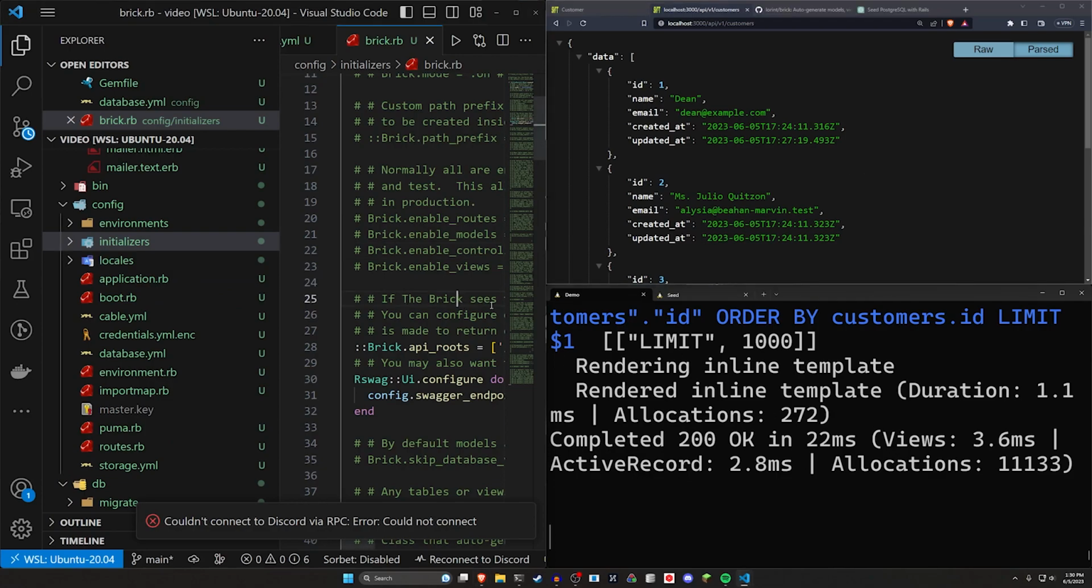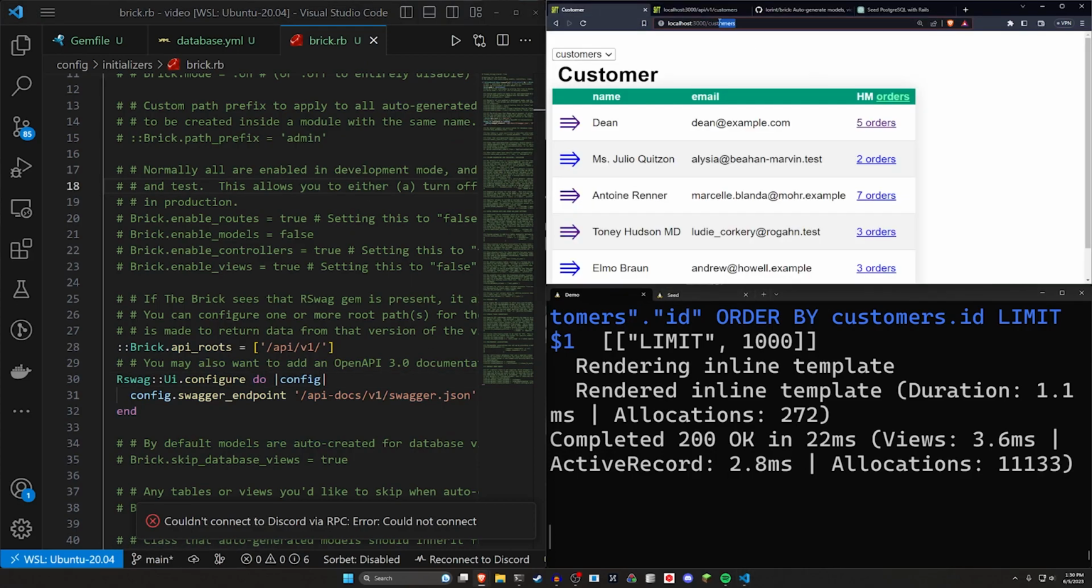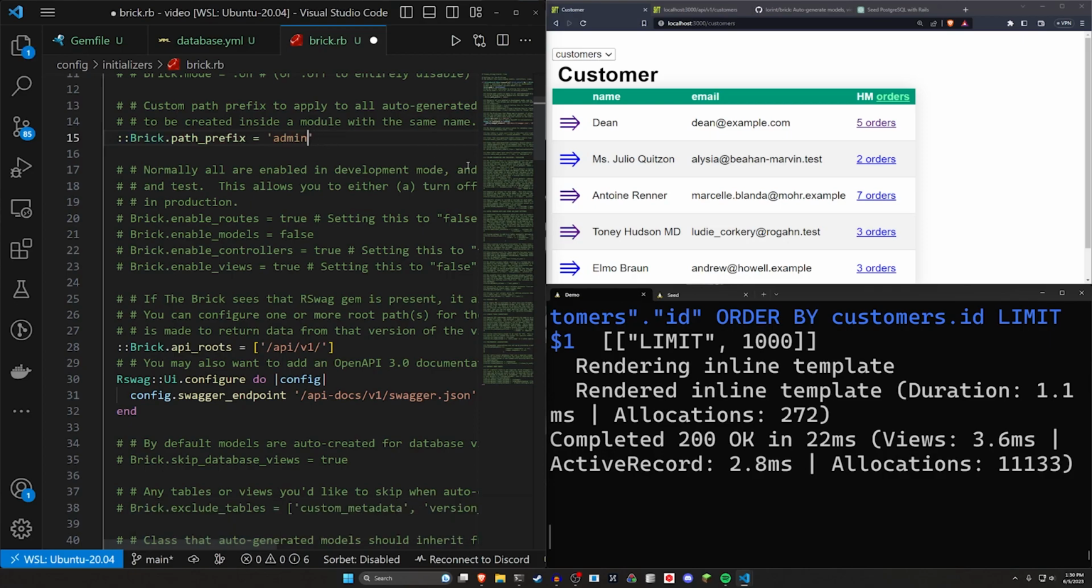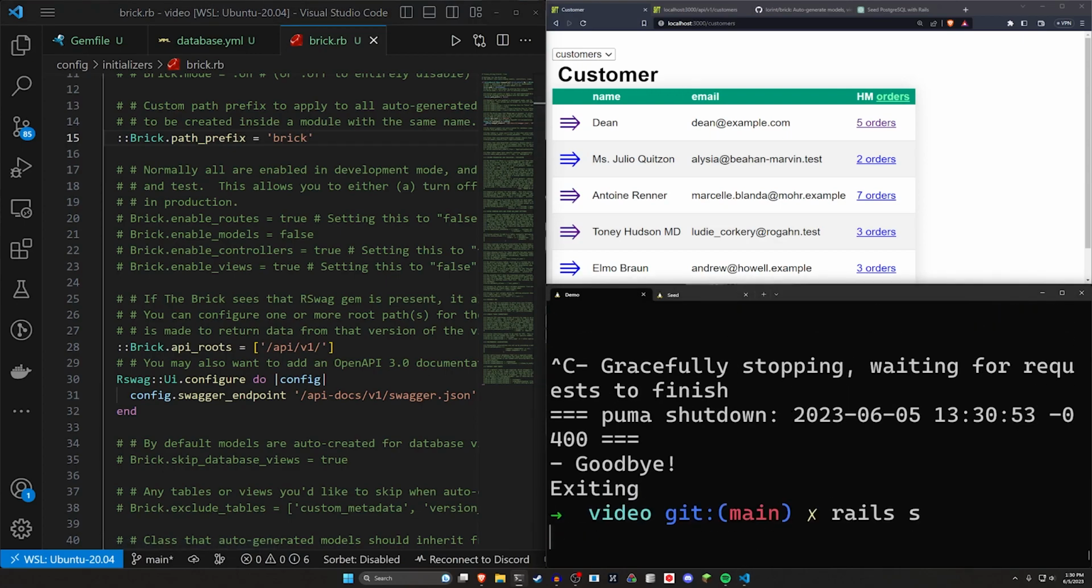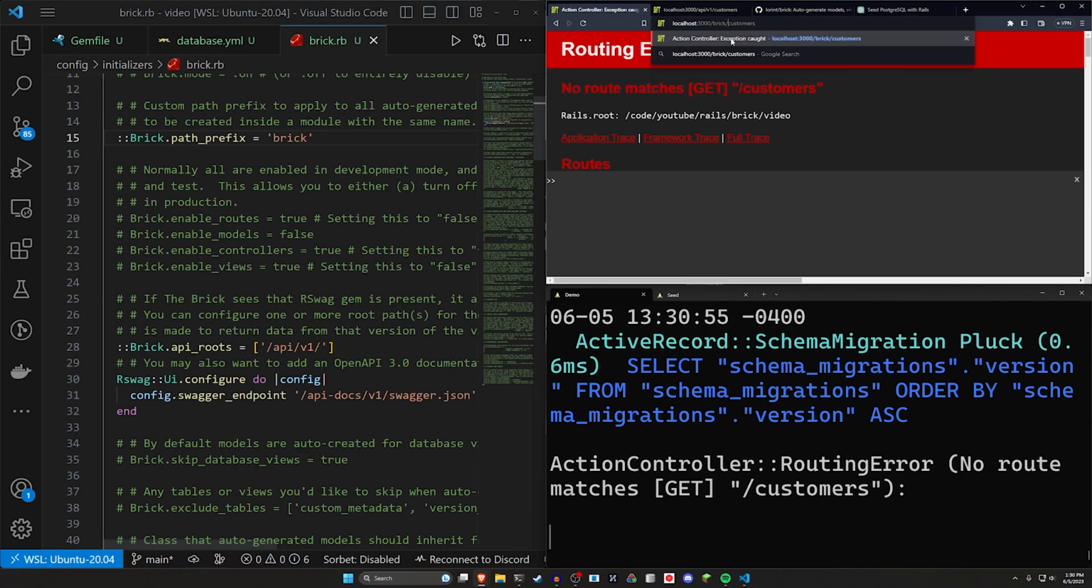Just being able to spin this up real quick in, I don't even know, 9 minutes is pretty cool. But now let's say we want to start doing our controllers, because this is great, but we want to be able to start making our own application. To do that, you have two choices. One, you can change this prefix path here to brick, and then you can stop your server, start it again. And now if you try going to localhost port 3000 /customers, that won't work, but you can go to /brick/customers